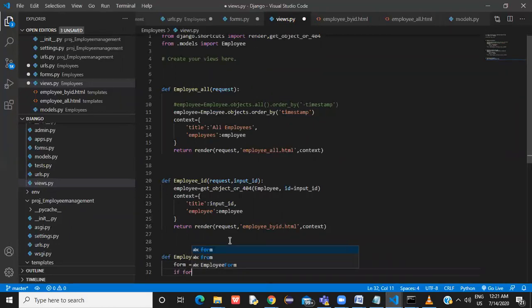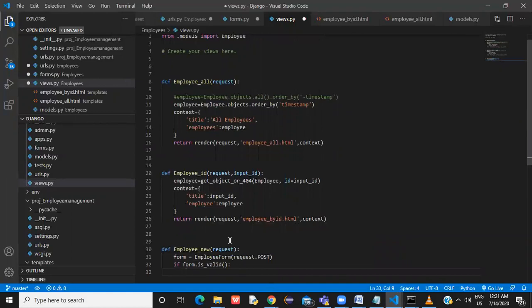Then this form has a method called is_valid, which will check whether all the fields are valid or not, whether all the mandatory fields are filled or not. So all those validations will be done by is_valid. It is a built-in function inside the forms, and if form is valid, then what we are going to do is